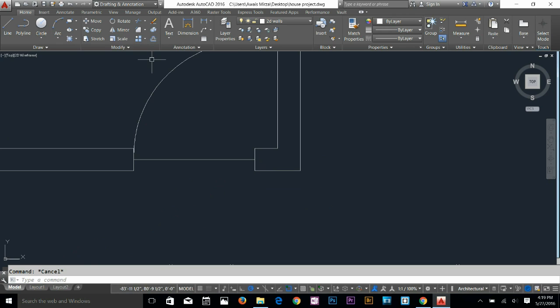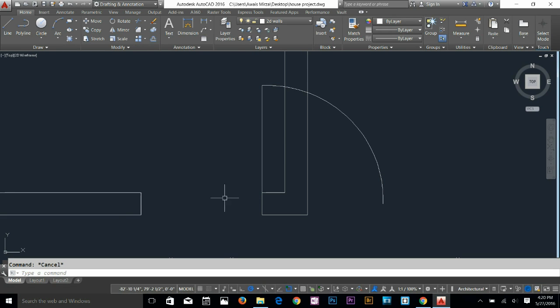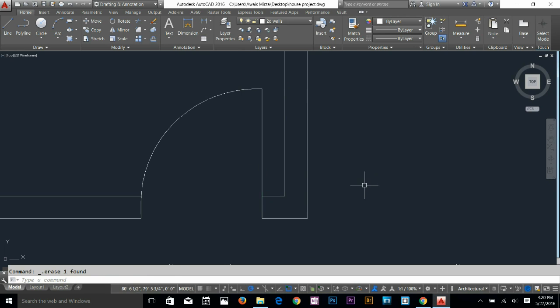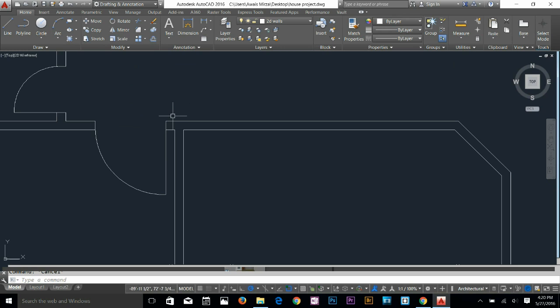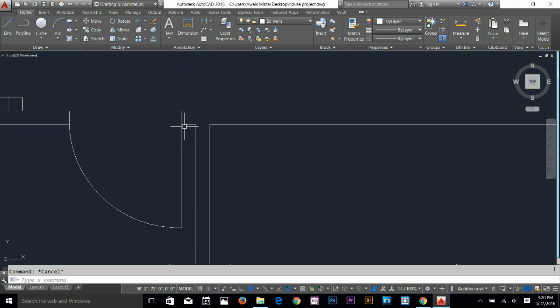you can just use your rotate command, R for rotate there, and you can use flip command. So I want to show you flip. Okay, alright, so there's another way you can use flip command, but it wouldn't work here because I have to change my UCS, so I can just use my mirror command, done. Okay, doors are done. We need one door here, so what I'm going to do now, I'm going to draw